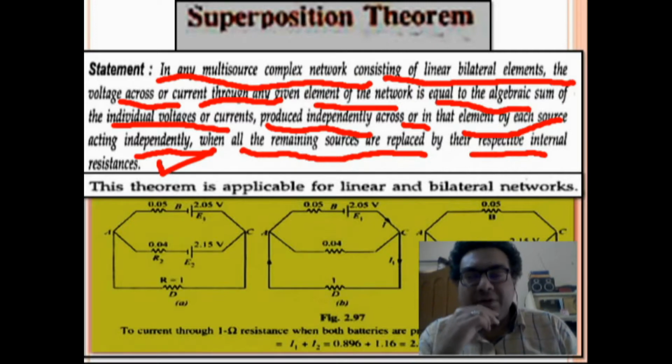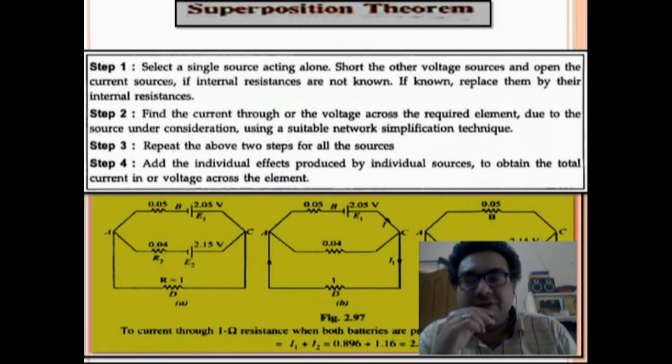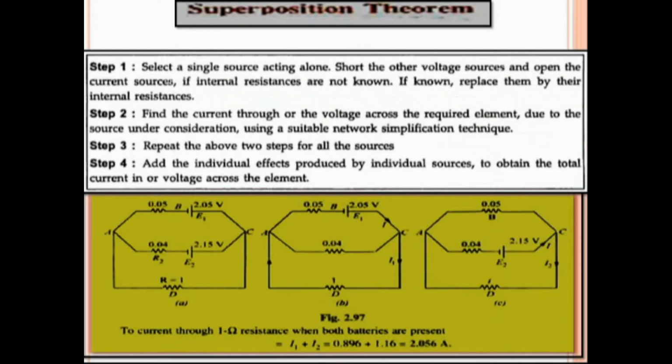So guys, here is a problem. You can see how it is going to be solved. So basically, what are the steps? So if you can see over here on the screen, so guys, if you look here, this is the problem given over here. Okay, this is a circuit which has been given to you and there are two voltage sources. One voltage source is 2.05 volt and the second voltage source is 2.15 volt and resistances are connected in the circuit. Okay, different resistances. Okay, more than two resistances are there. So guys, you will have to select one source at a time in order to solve the circuit.